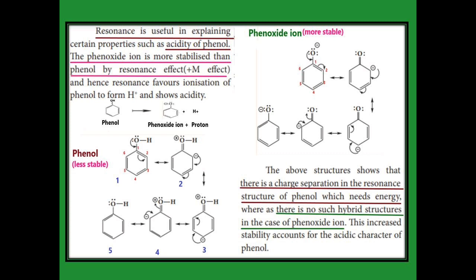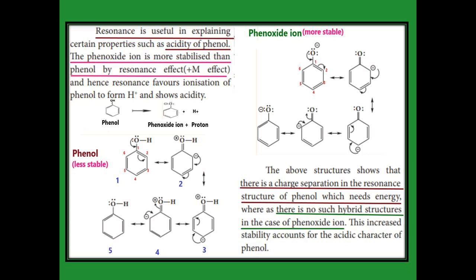Now, the phenoxide ion is more stable because it has resonance structures. For that resonance structure, you start from the oxygen. It contains 3 lone pairs as well as the negative charge. So the negative electron goes to oxygen, giving a double bond between the oxygen and first carbon, and then the double bond between the first and second carbon goes to the second carbon. So now the second carbon possesses negative character. Circulating this, we get the last structure the same as the first structure.